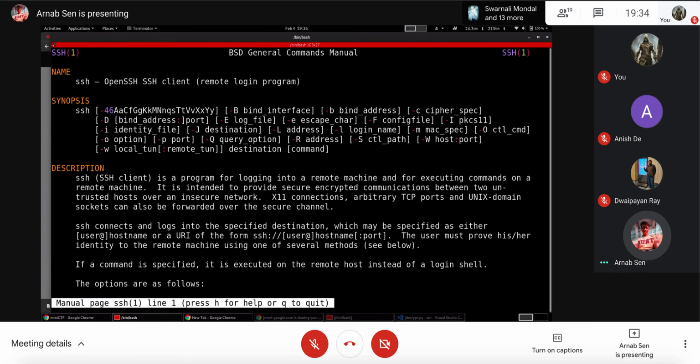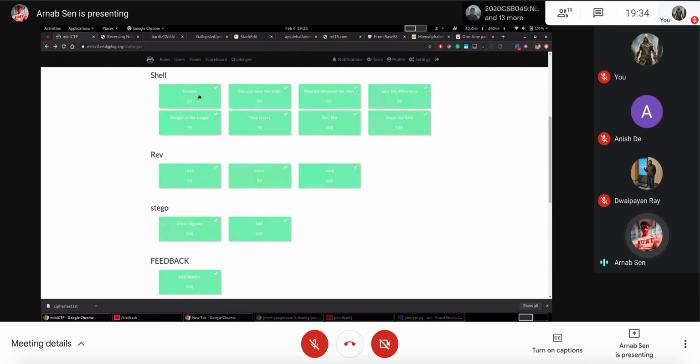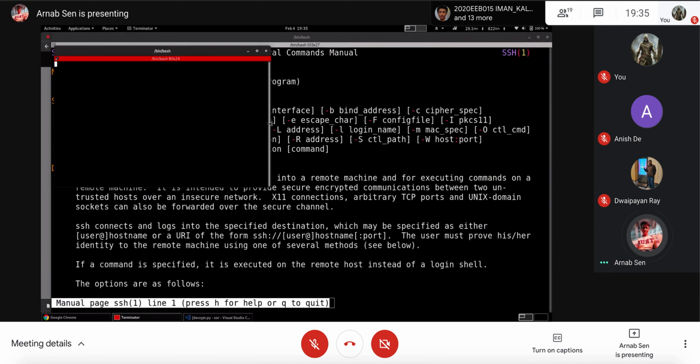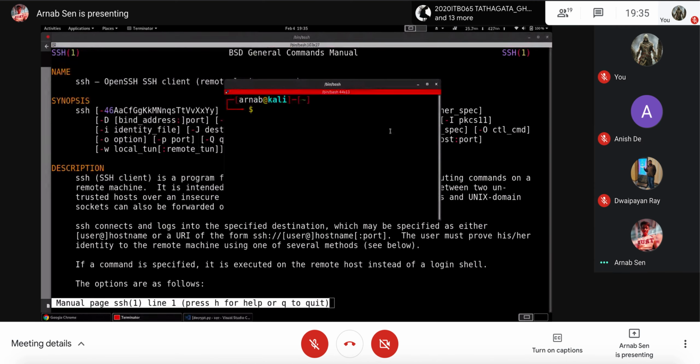So it's a program where, if you look over here, they have given you a particular host and a user, and this -p stands for port. Right now, in my machine, if I do whoami, it's also showing over here. So this is the port. My machine is Kali, and so this is the user.